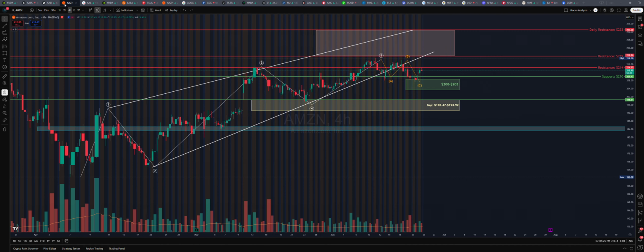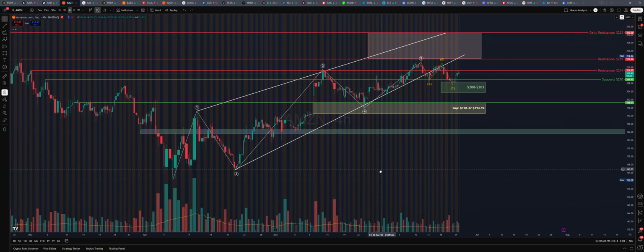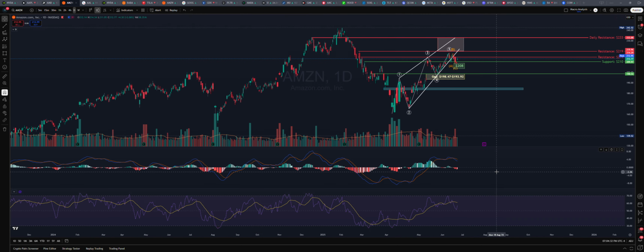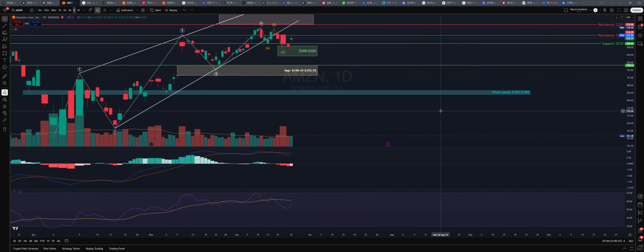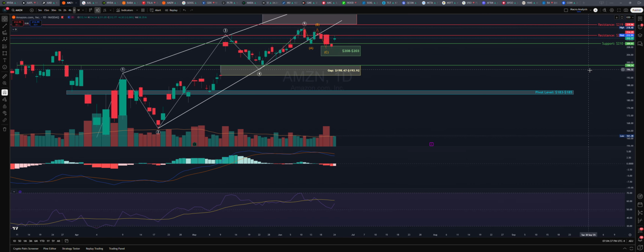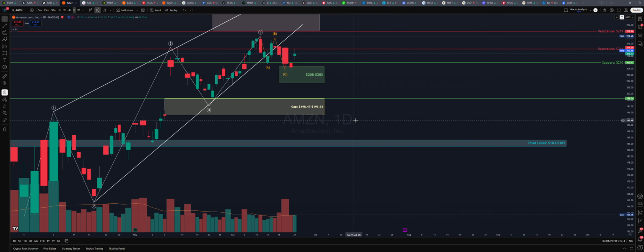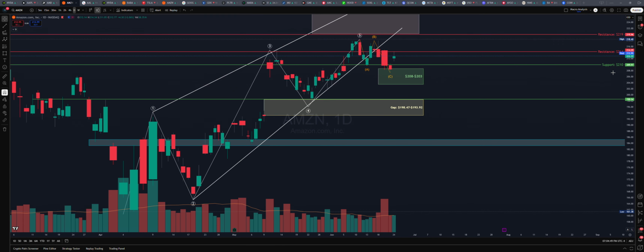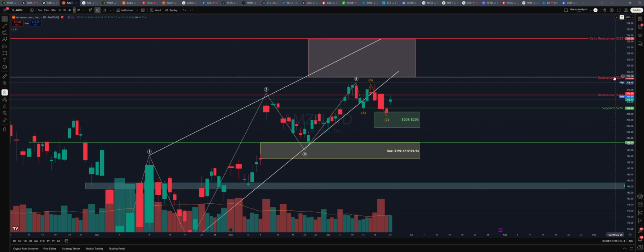For Amazon, let's take a look at Amazon. For Amazon here on the daily chart, still looks like it wants a bit more upside on Amazon. The level you're currently looking at on Amazon right now, that's an ABC, completed an ABC, which was the level we have here. Is towards this 219 to 233 in Amazon. If you could get above this 214 level, then you can see a push towards that 219, 233.